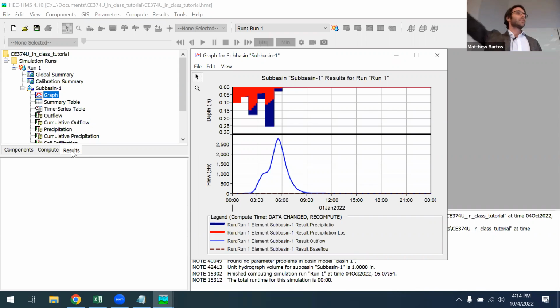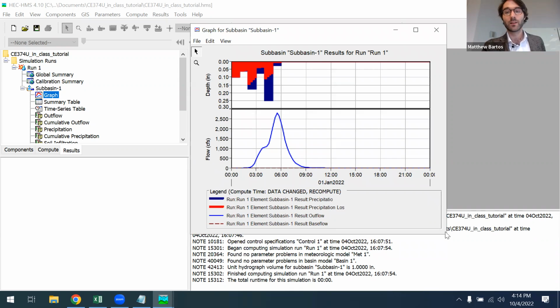All right, cool. If I could have everybody's attention, please. Thank you for your attention. It looks like everyone was successfully able to get the runoff response modeled for a watershed. So let's go ahead and go through some of these outputs so we can interpret them.